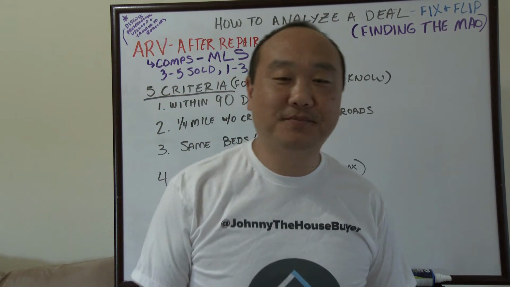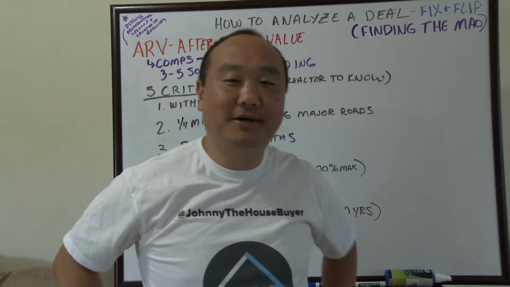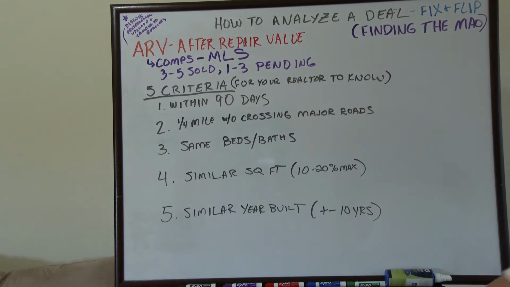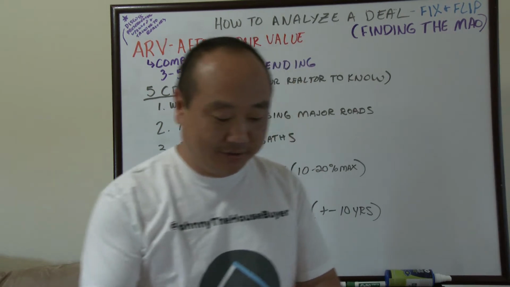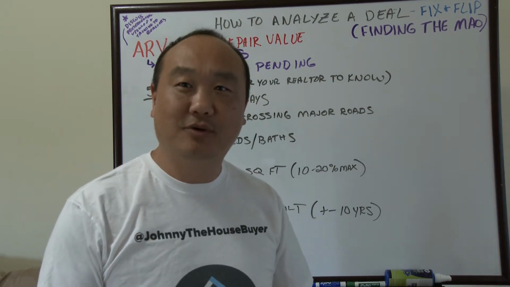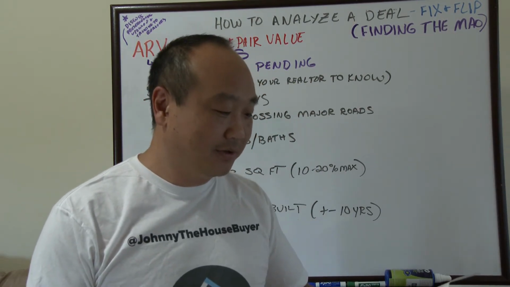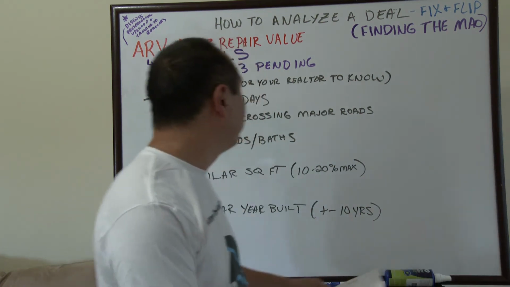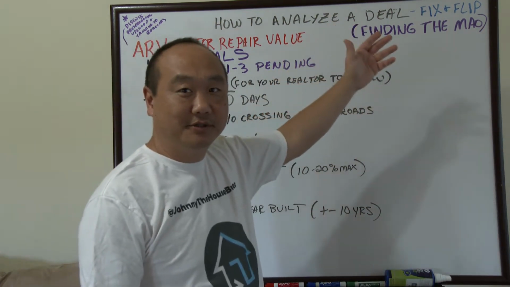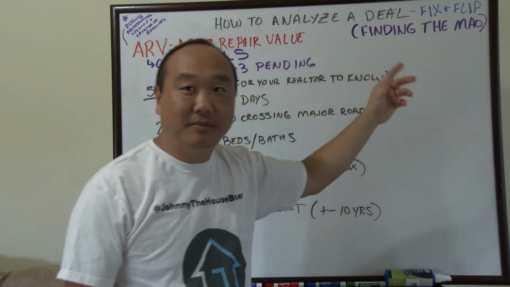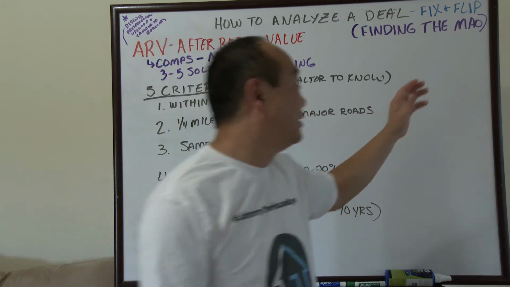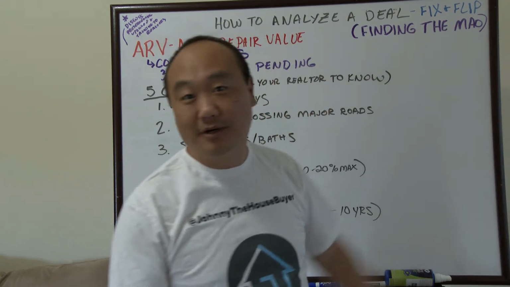This is John. Today I'm taking a viewer question, and we're going to talk about how to analyze a deal and find the MAO. And the MAO is not the mayonnaise. The MAO is the maximum allowable offer. So,